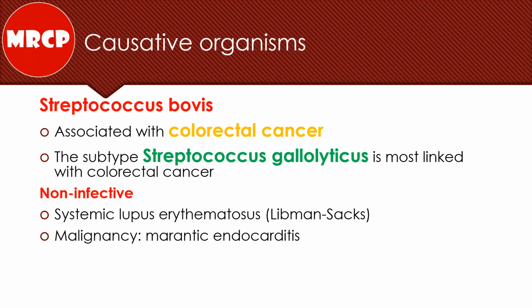Or, at the same time, he will have another clinical scenario of the same patient presenting to you with fever and a new onset murmur or a change in the character of the murmur. By doing a blood culture, you will find Streptococcus bovis or Streptococcus gallolyticus, and the question will be about screening for colorectal cancer. So this association comes either in a retrospective or a prospective way. You have to be aware that Streptococcus bovis or Streptococcus gallolyticus are closely associated with colon cancer.